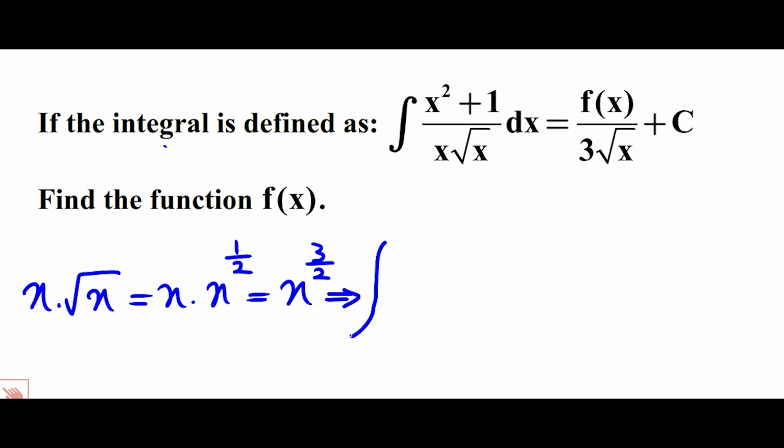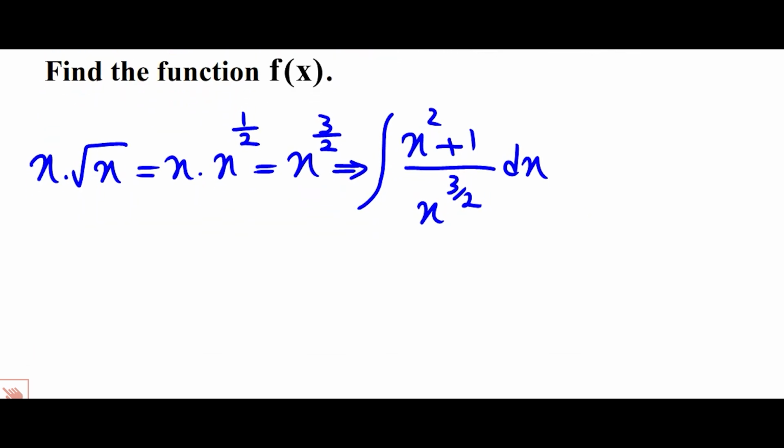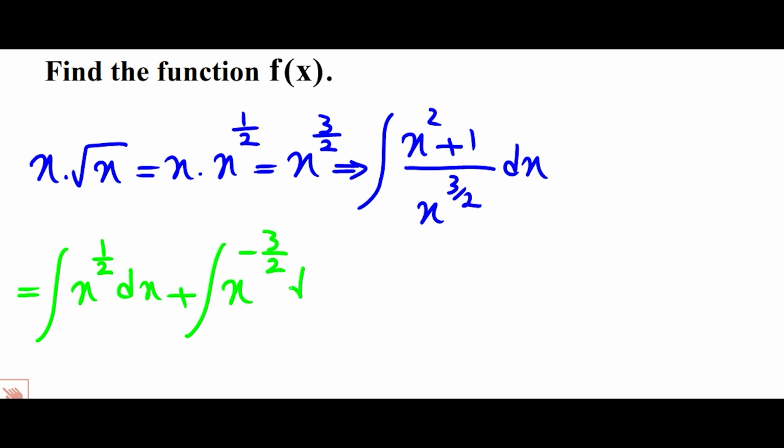So the integral of (x squared plus 1) over x to the power of 3 over 2 dx, right? So we have the integral of x squared over x to the power of 3 over 2, which equals x to the power of 2 minus 3 over 2, that is x to the power of 1/2 dx, plus the integral of 1 over x to the power of 3 over 2, which equals x to the power of negative 3 over 2